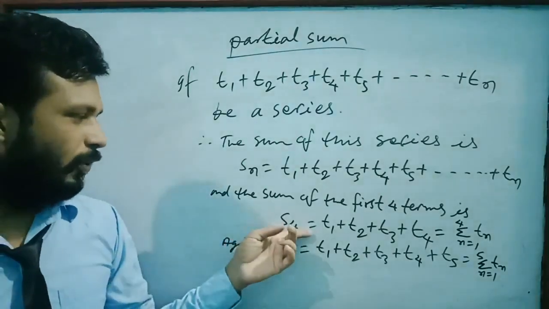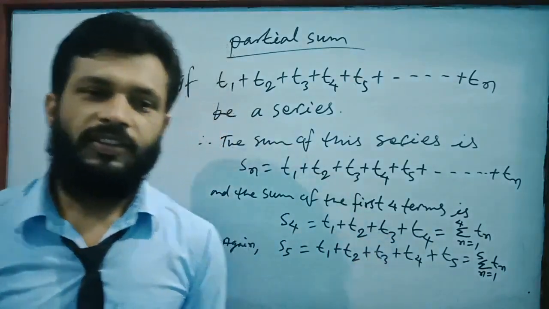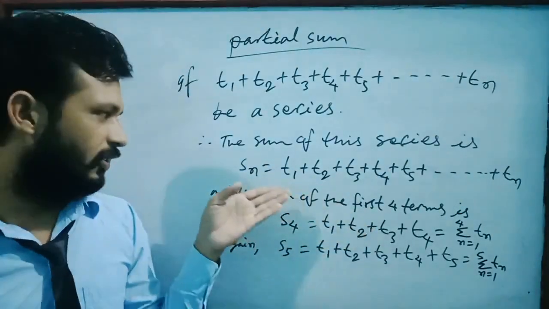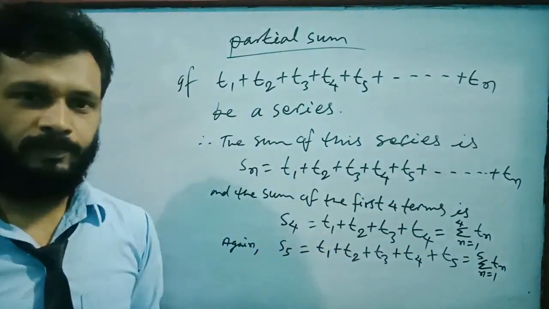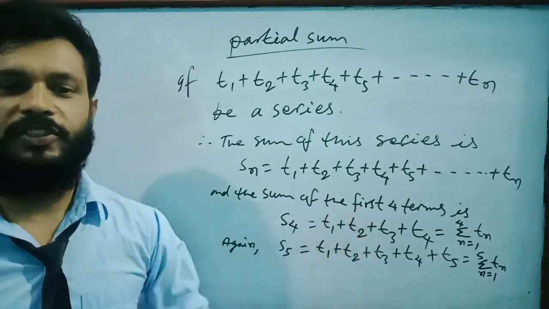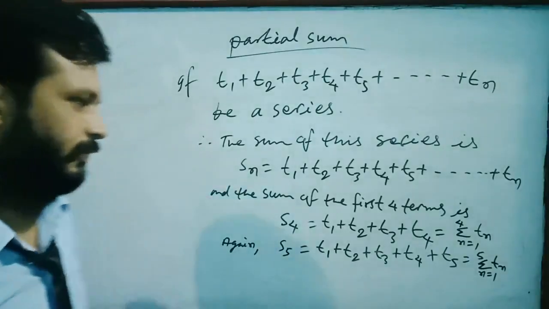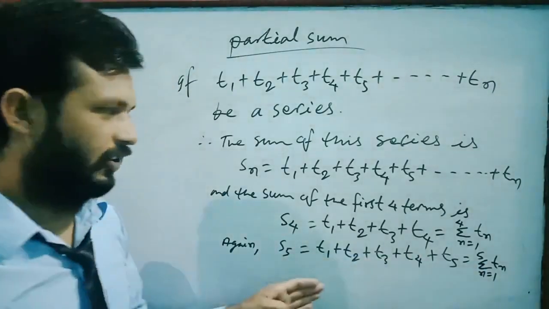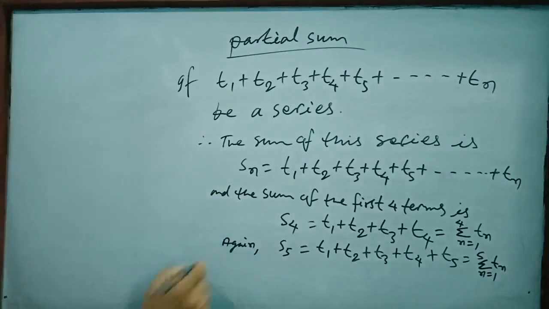Yes. S4 equal to T1 plus T2 plus T3 plus T4 is the partial sum. Partial sum of Sn or the given series, partial sum term, or sum of limited terms. So it is called partial sum. Understood? So S4, S5 are called partial sum, and we can define the sum of